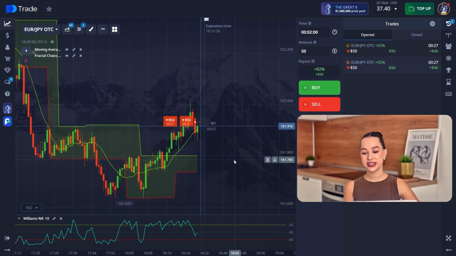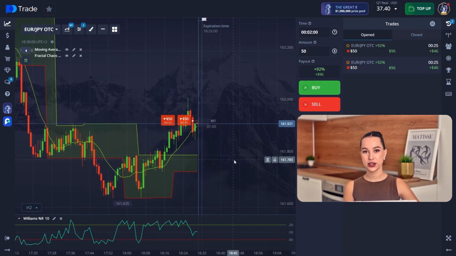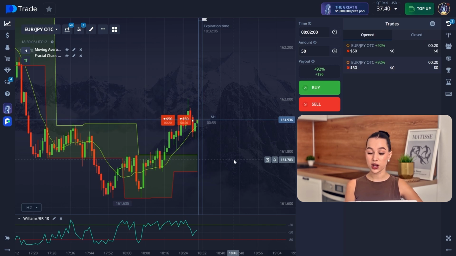But when I deposited this kind of money, it was all of my savings, I realized, oh my god, I'm so scared. And of course, because at that moment I didn't know how to work with my emotions, I didn't know that much about the risk management system, about the martingale or catch up system as well. Of course, I lost all of this money, and for me it was absolutely heartbreaking, because I had this hope, I had this faith, and I was thinking that this is easy, because as all of the traders show,